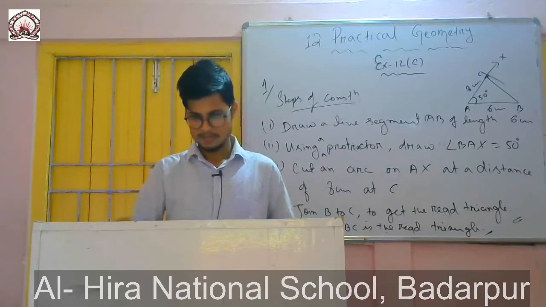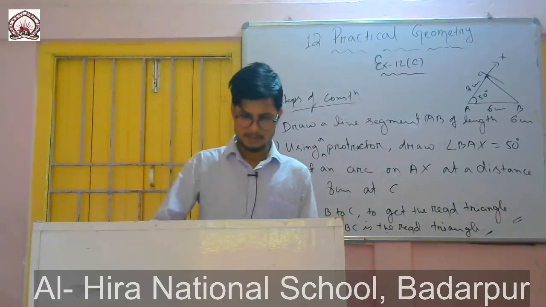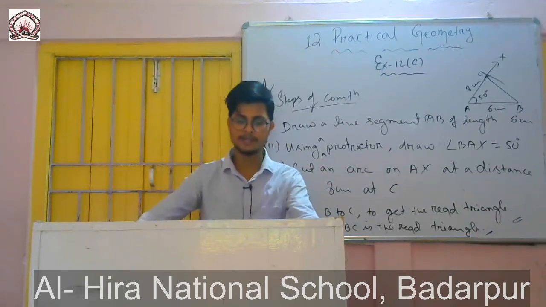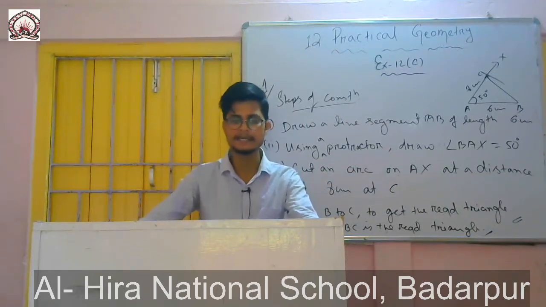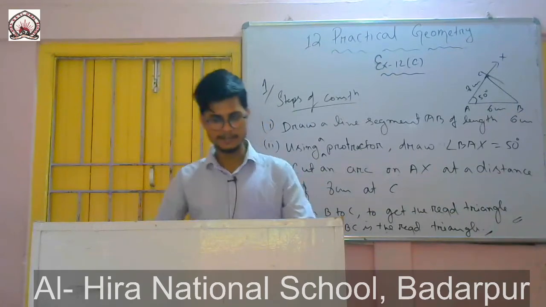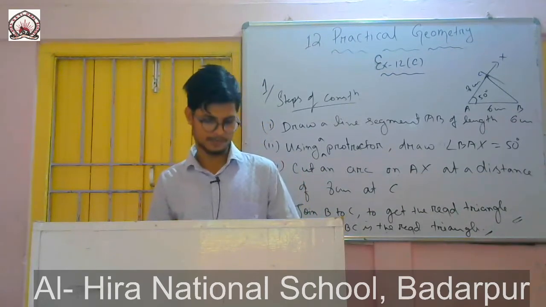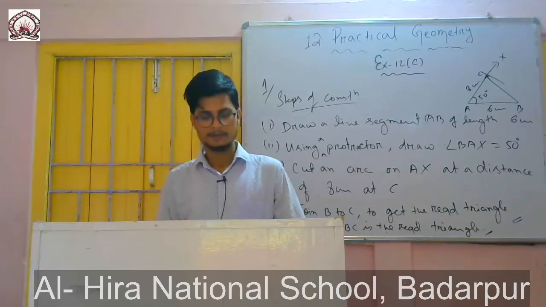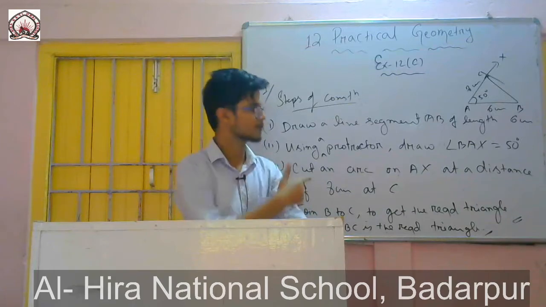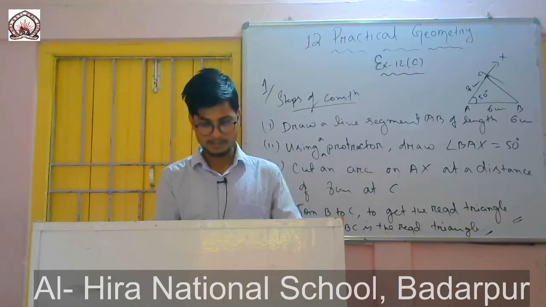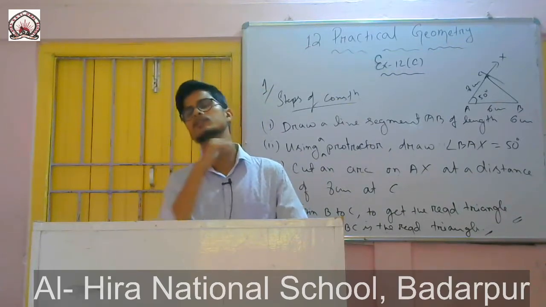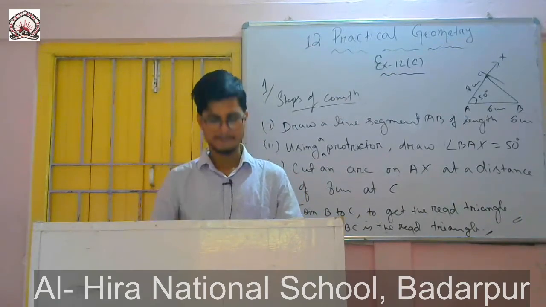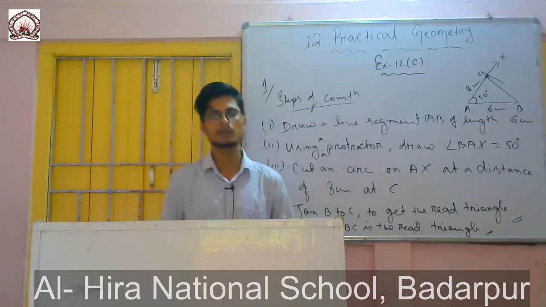So now exercise 12D. You are to construct the following triangles. Calculate the third angle in each triangle and measure the angle to check the accuracy of your construction. So first of all you are to draw, then you are to calculate and check the angle that you have got by constructing. We know that the sum of the three angles of a triangle is 180 degrees. In this case two angles and one line segment will be given.